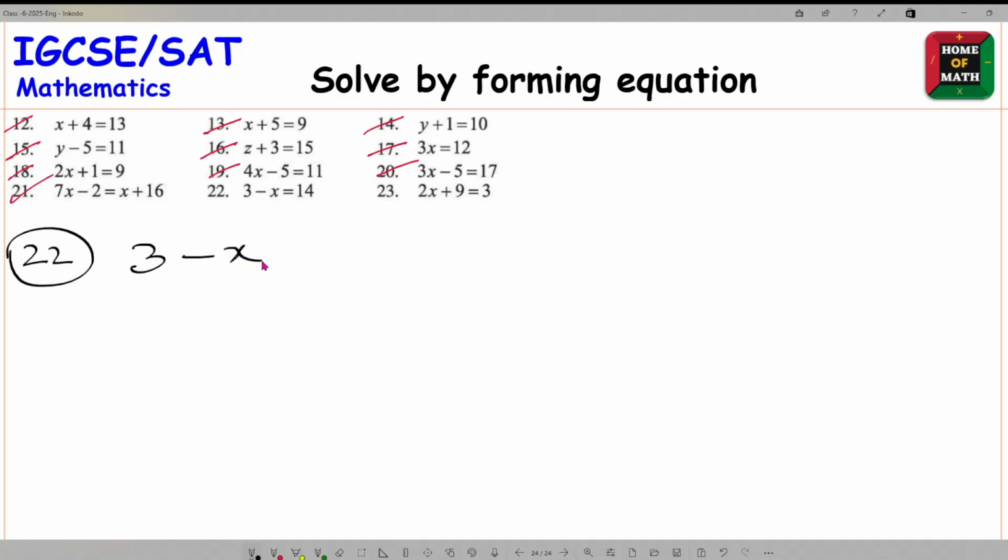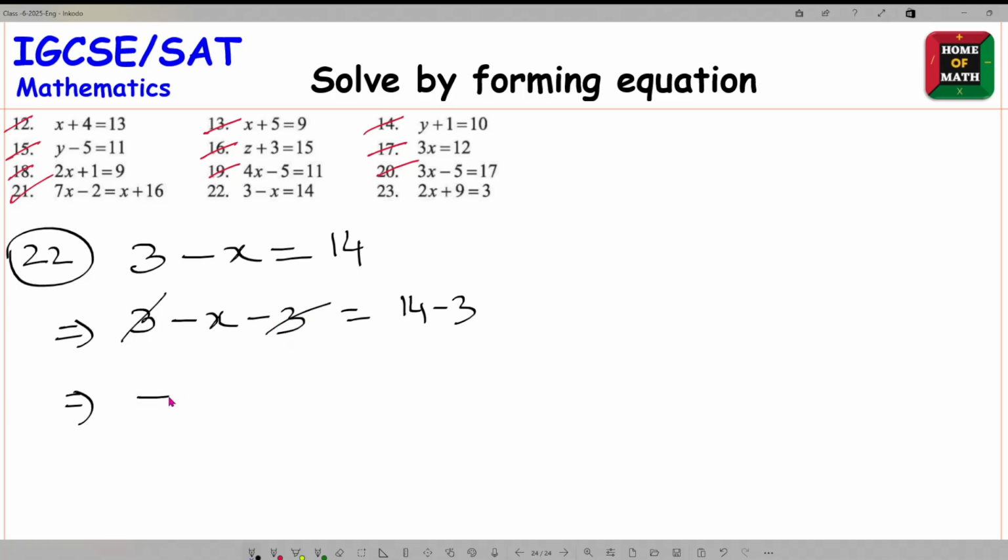3 minus x equals 14. So this is very interesting math. How? Look, here is minus x and here is 3, so 3 minus x, we have to remove this 3, so we can write minus 3, and here 14 minus 3. So this 3 and minus 3 cancel out, here is minus x equals, this 14 minus 3 is 11,